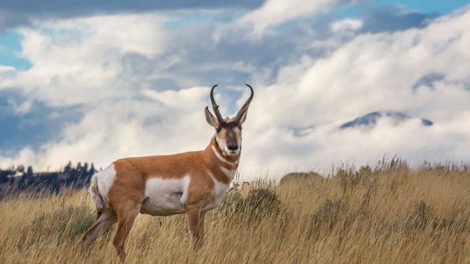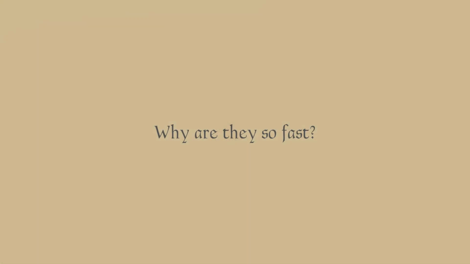No predators can consistently keep up with them, and most of the predation on pronghorns occurs when they are still juvenile. If not to outrun any predators, why are they adapted to be so fast? Well, there's not really any reason anymore. However, when looking to the past, their speed starts to seem a lot less pointless.